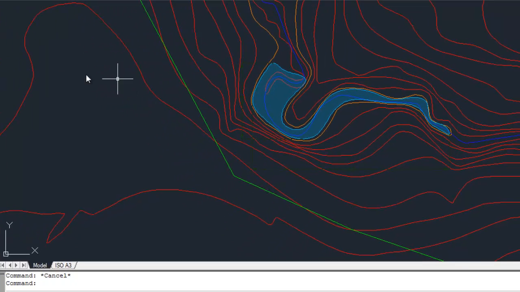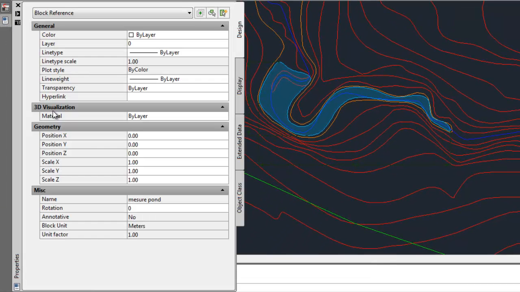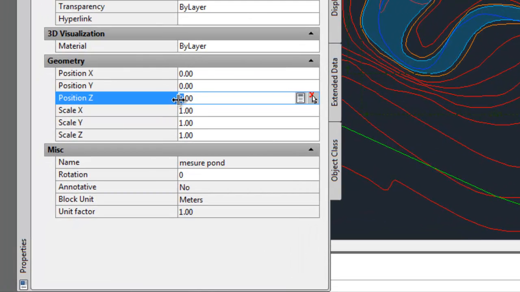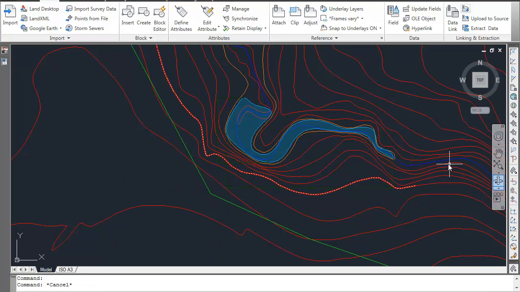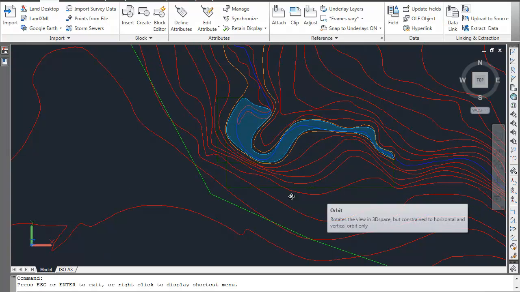Just making sure the block, and again applying the same position we had before, which is 19.5. Hit the enter, escape, and then we're just going to use this tool here to make sure that we've